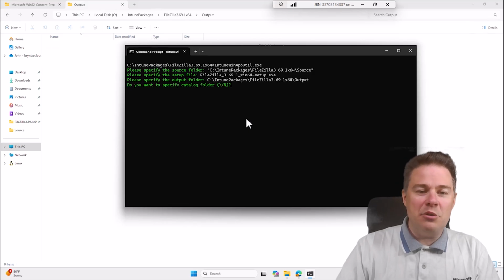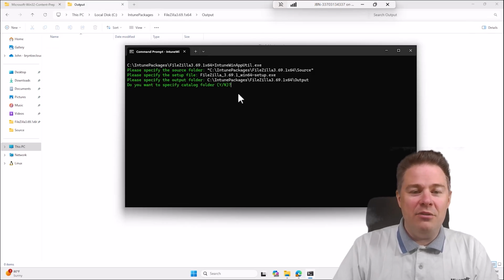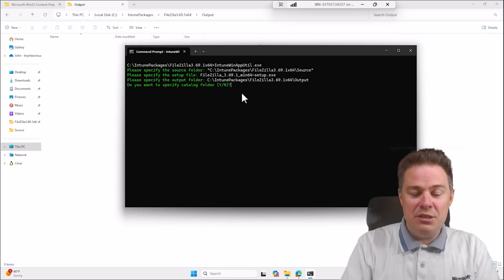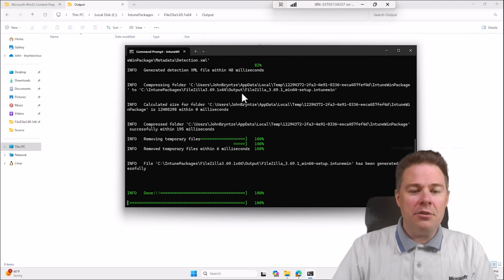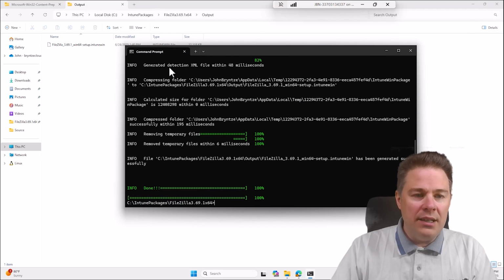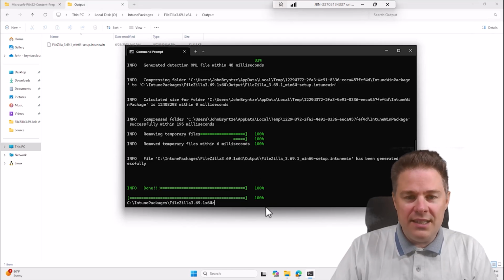And the last question, specify catalog folder. That's only for Windows S, which is totally gone. So I never said yes on this one. Now it's going to create it. And this is why I like to run it from command prompt, because when I reach 100 here, it's just close it. Now we get to see success,